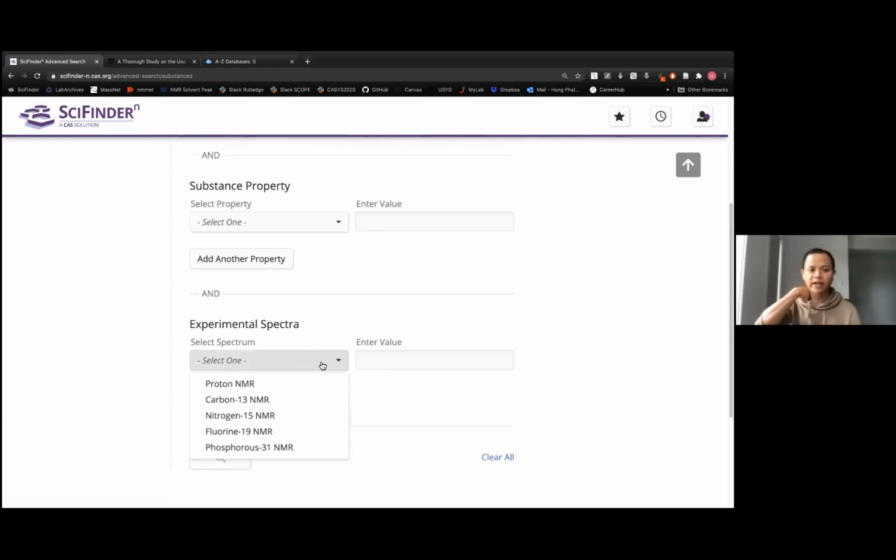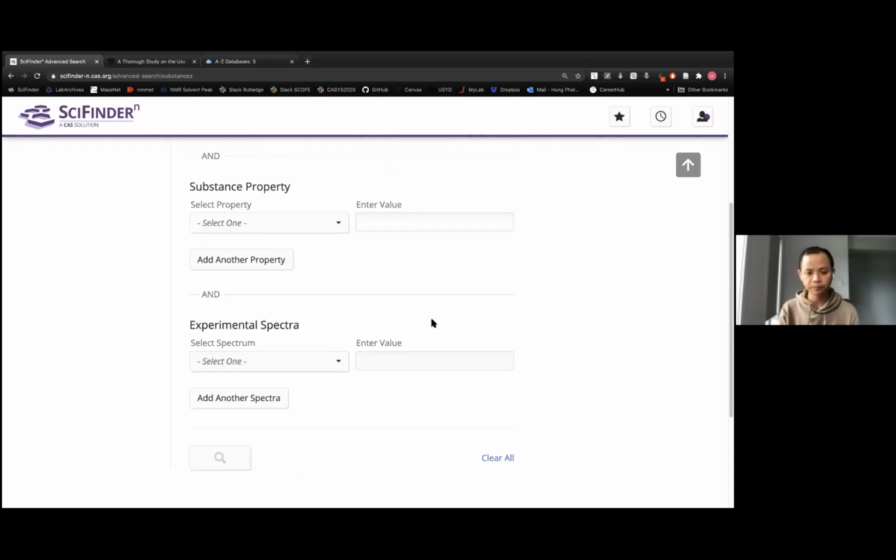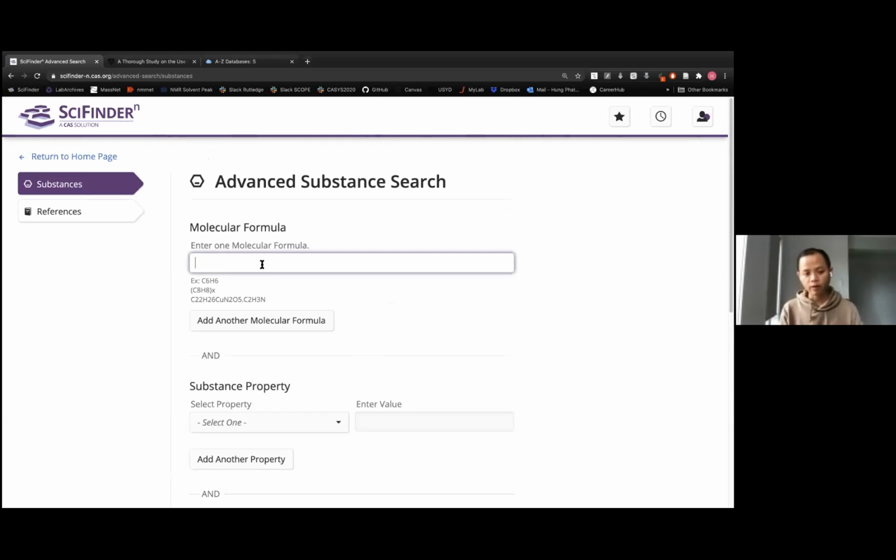So SciFinder-n does not have the option for you to upload your spectroscopic spectra for comparison just yet. So right now you can only do it with NMR, and you can only input a peak right now. But say if I want to search for nylon, for example, a polymer, and I have its